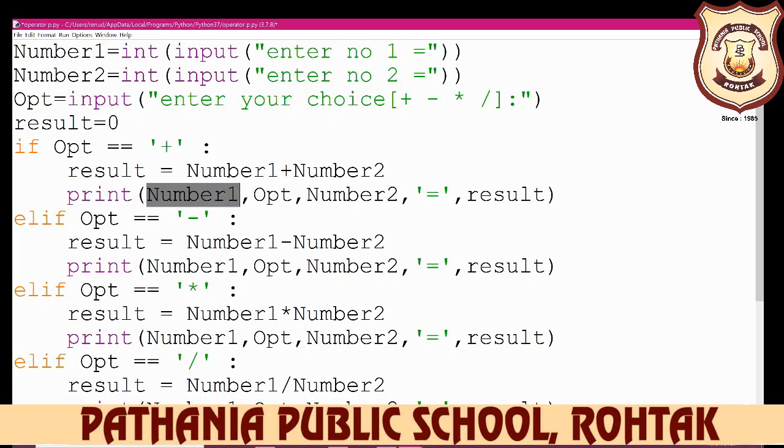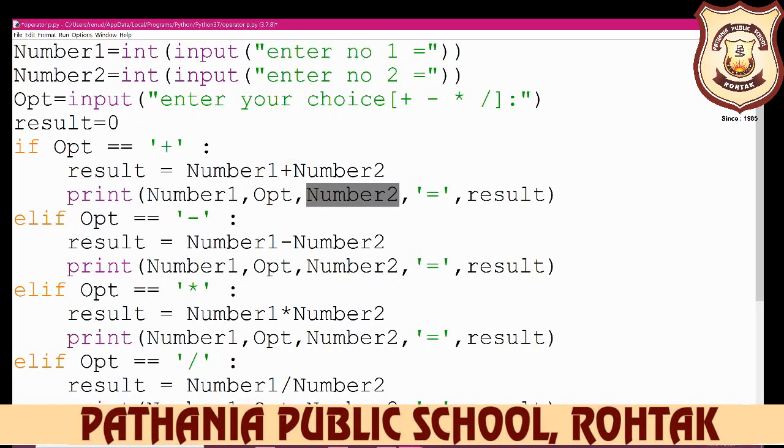After that, opt, what is opt? Option. And in option, what is the input value? These plus, minus, multiply and divide. So we want first it to display the number 1, like 7. After that the user inputs the value plus. If they want to calculate the addition, the user inputs the plus. So here first display the inputting value, for example 7, then the opt operator plus, minus, multiply,